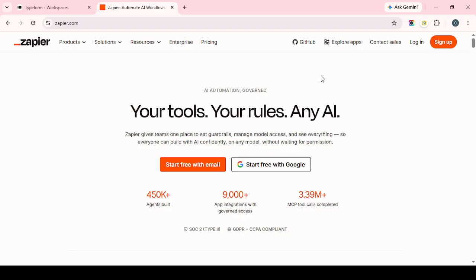After that, test the Zap to confirm the information is flowing correctly from Typeform into ActiveCampaign. If everything looks good, turn the Zap on. From that point forward, every new Typeform entry will automatically be sent into ActiveCampaign, helping you capture leads faster and keep your follow-up process